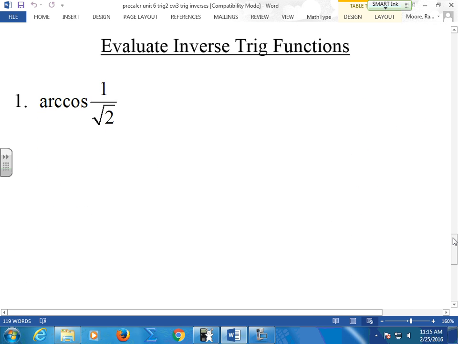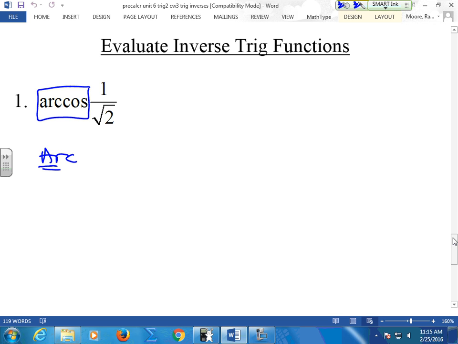So this guy tells me, now, to show an inverse, you have a number of ways. You can say arc cosine, arc sine, arc tangent, anything that you want to find. You can say sine -1, cosine -1, tangent -1. It could be a capital letter, it could be a small letter. As soon as you see this, it's saying, find me an angle